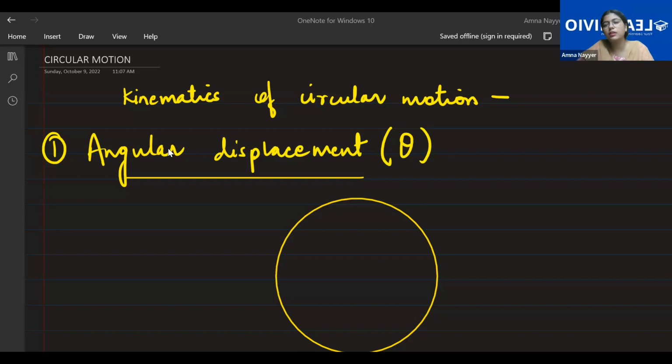So practice it also. If I could get one extra class with you this week, the problem is that your timings aren't matching. You have Tuesday, some students have the bio class, timings aren't matching. Otherwise, one extra class is needed to cover a lot of portion, because by now we should be towards the end of circular motion. Or what I'll do in the next week,